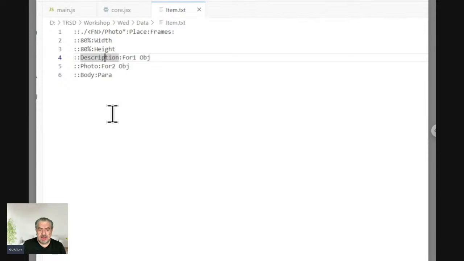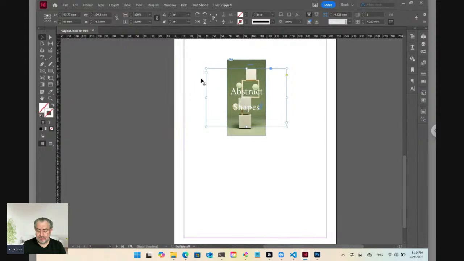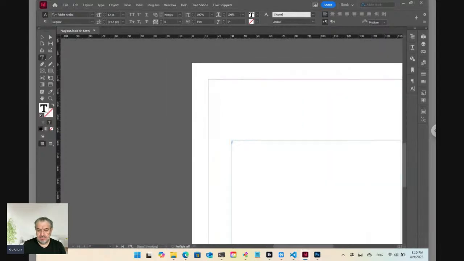Here I have an object style called description for the first placed file, and another object style called photo for the second. And here I have a paragraph style called body. So if I open the text frame,